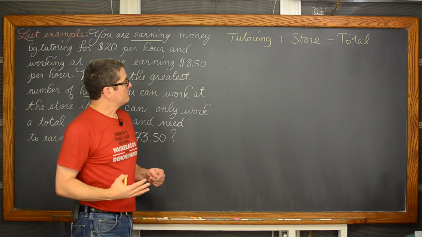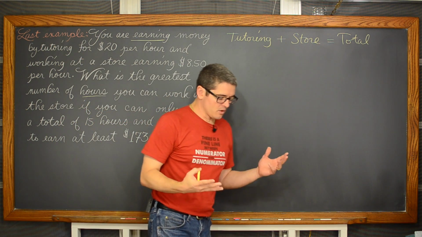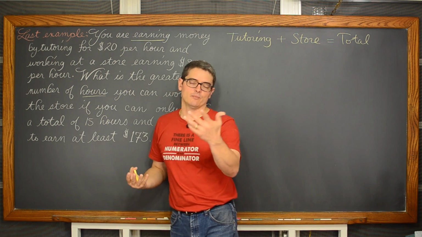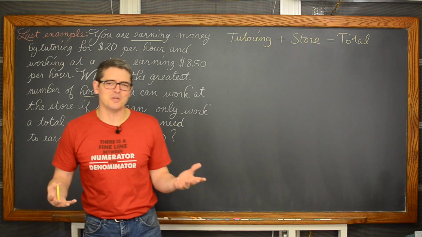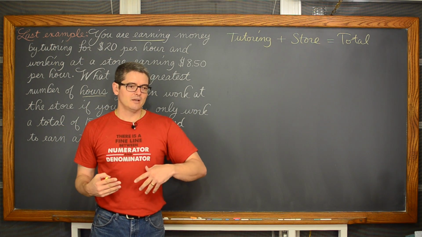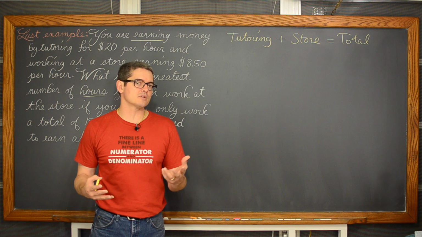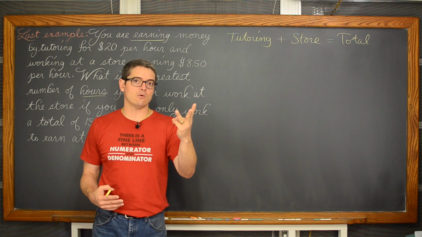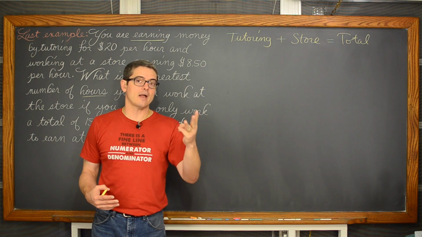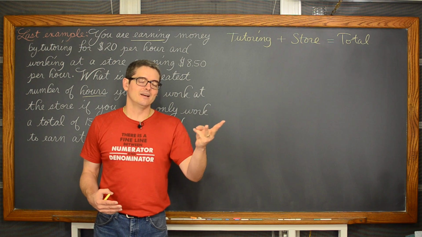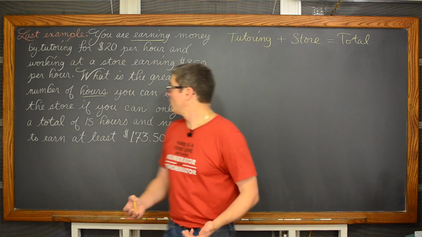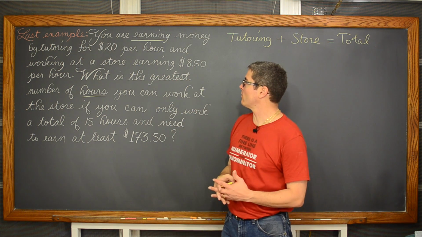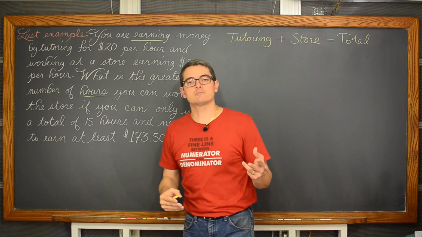Now, when you work by the hour, when you have an hourly job, you know that at some point you will be working for an hourly wage. If you make $10 an hour, first hour $10, second hour another $10, now you're at $20. Third hour another $10, and now you're repeatedly adding an additional $10 for every hour. Well, we're going to be repeatedly adding either $8.50 or $20 for every hour worked, and repeated addition is multiplication.